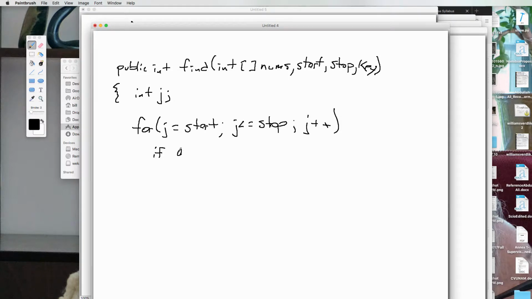I'm going to say if nums of j is equal to key, I'm going to say break. Okay? And now what I'm going to say down here is if